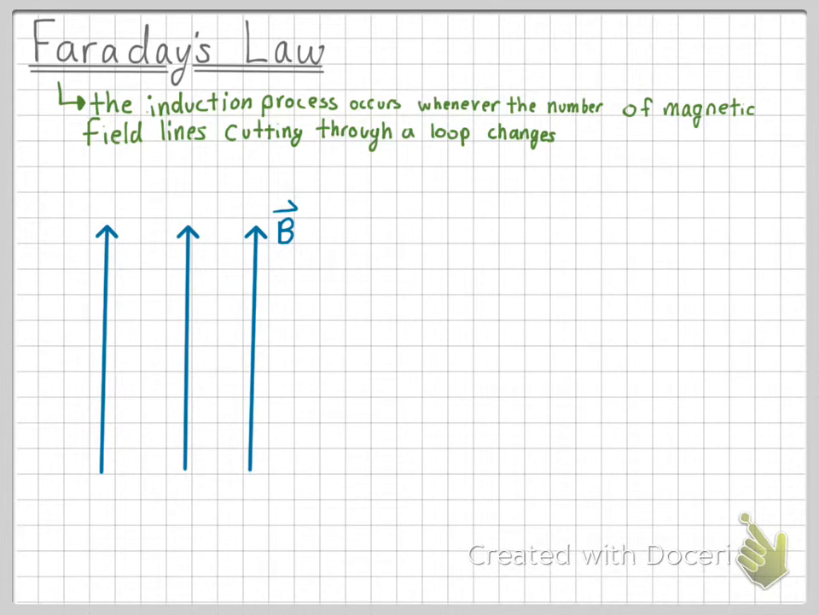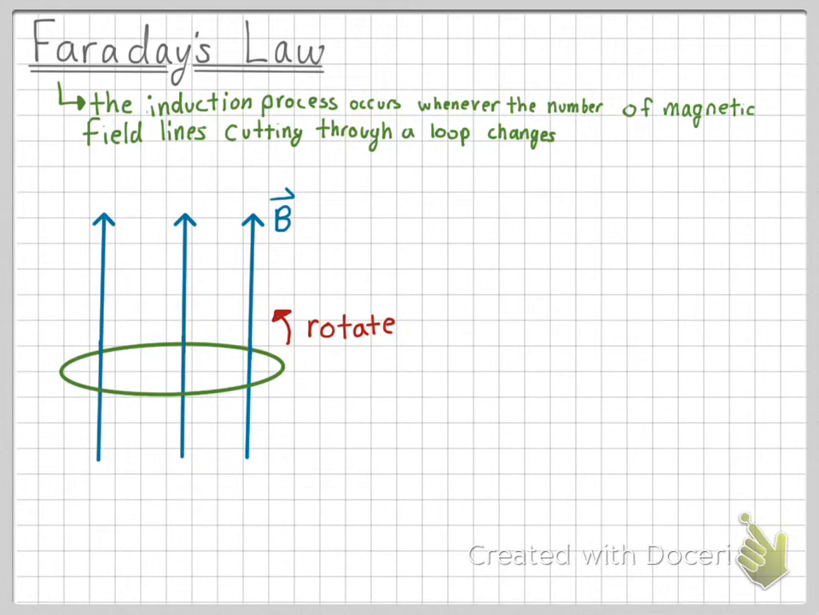So here we have a magnetic field pointing upwards. We then place a conducting loop within the magnetic field. If we rotate this conducting loop, we will change the number of magnetic field lines that cut through the loop. So we go from all 3 lines cutting through the loop to just 1, and then back to 3